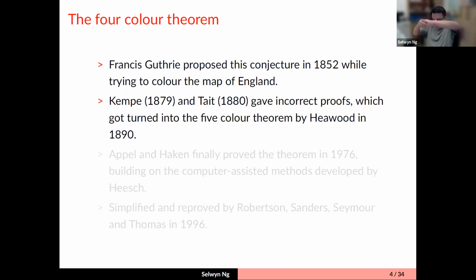So Francis Guthrie proposed this. As far as is known, this conjecture was originally traced back to him while he was trying to color the map of England. And the story goes that he asked his brother this problem, who was at that time a student of De Morgan. And of course, De Morgan being the famous guy at that time, he brought this problem and popularized it. So eventually it became quite popular,